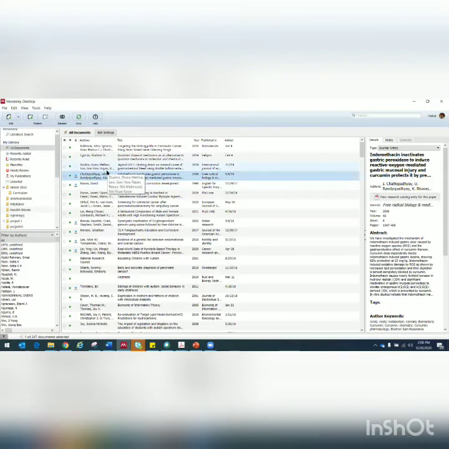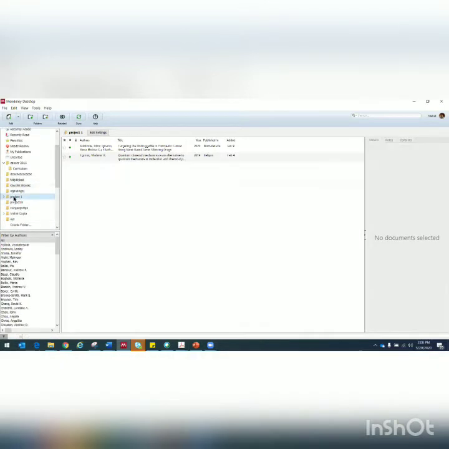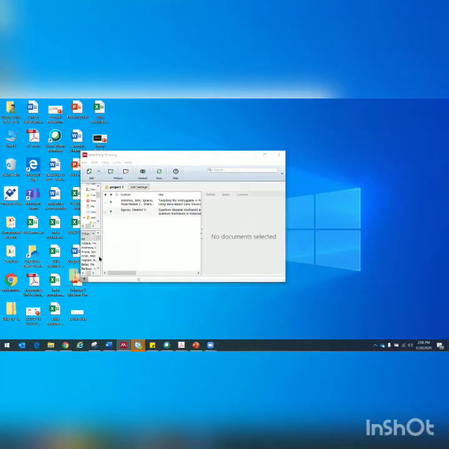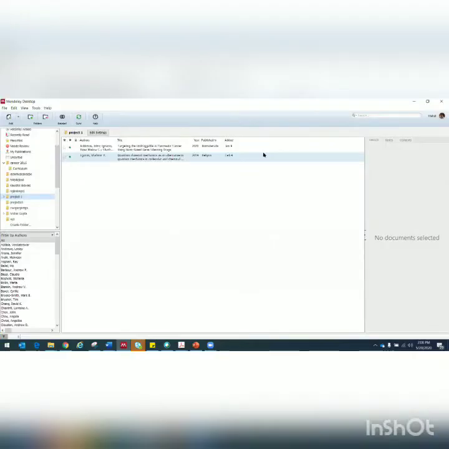Let's say there is a folder on your desktop. There are 100 articles in those folders, and you want to transfer all those 100 articles to a folder which is named the same on Mendeley. So what you do is you create a folder name, let's say project 1, you open it, you minimize your window, and then you drag and drop that folder here. So all the articles in that folder will be copied directly to this folder on Mendeley. So this is how Mendeley can help you arrange your library.